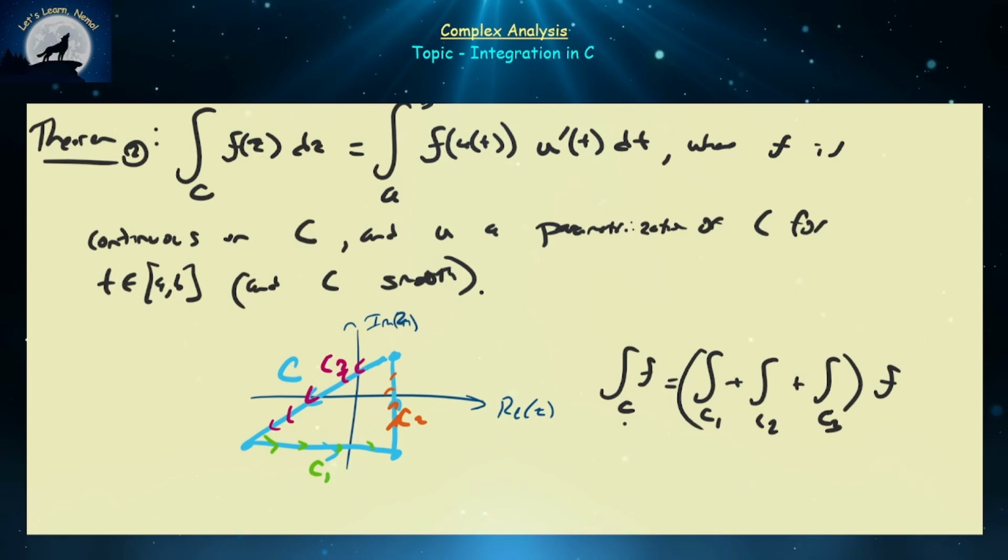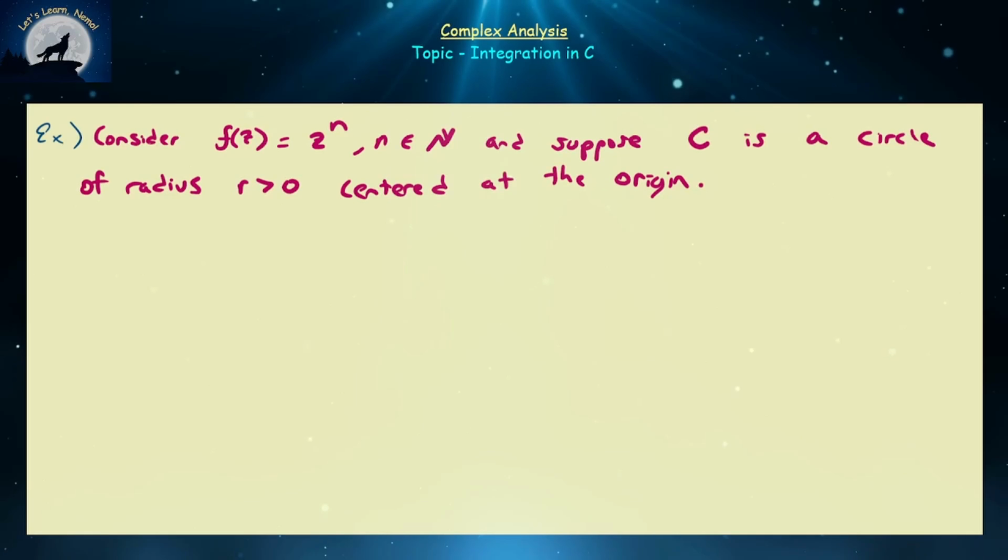And of course, these paths c1, c2, c3 are indeed smooth. So if the path is not necessarily smooth, it can most of the time be decomposed into a union of smooth paths. So do not worry about that. Now that we have our first major result for how to integrate complex valued functions, let's take a look at